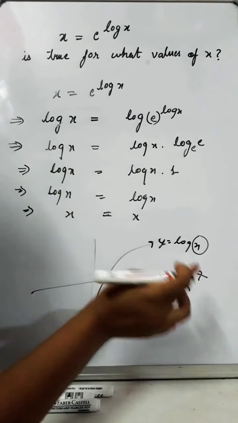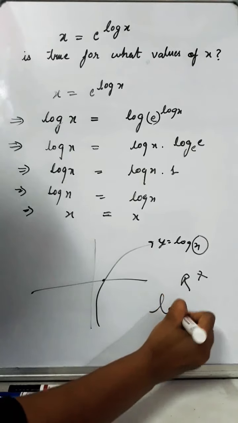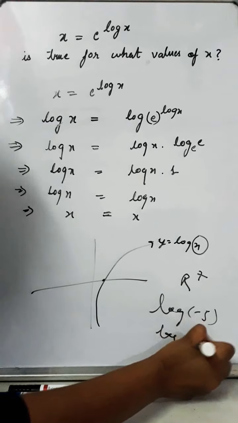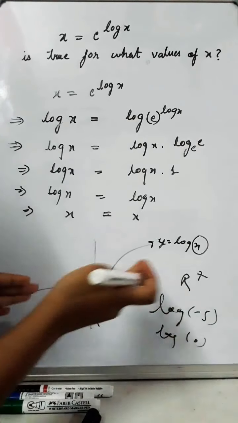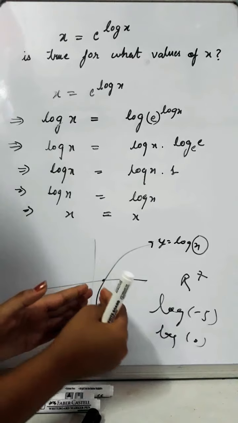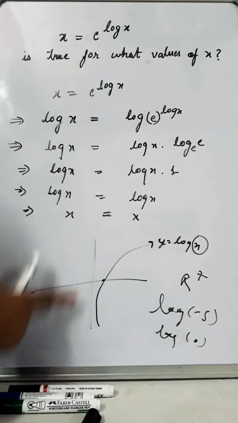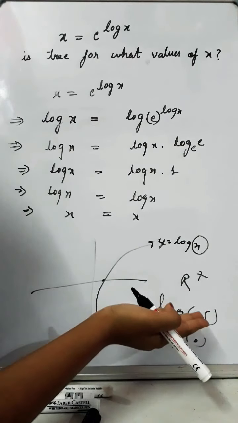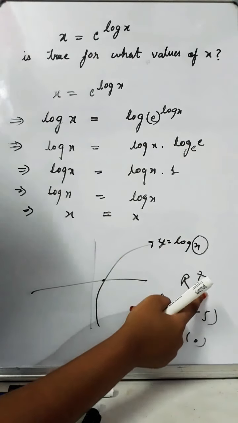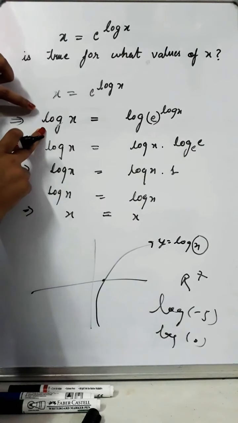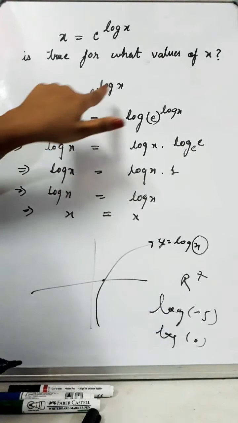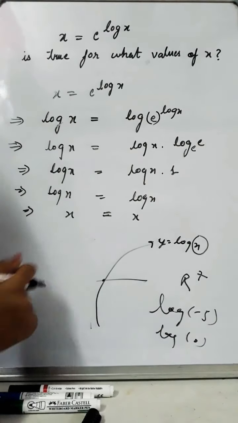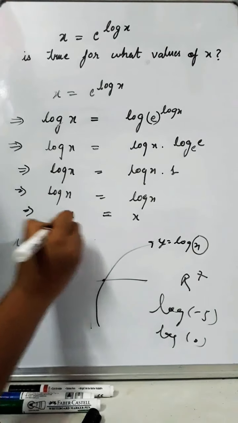The domain has to be positive real numbers, because you would have never seen anybody asking you to find log of minus x or log of 0, because they simply don't exist. You see the graph of the log function, the graph is not even crossing the y-axis, it's all beyond the y-axis on the right hand side. So the domain of the log function is R plus. So the moment you apply the log function in order to satisfy this, you constrain your x. That means your x should belong to the positive real numbers.